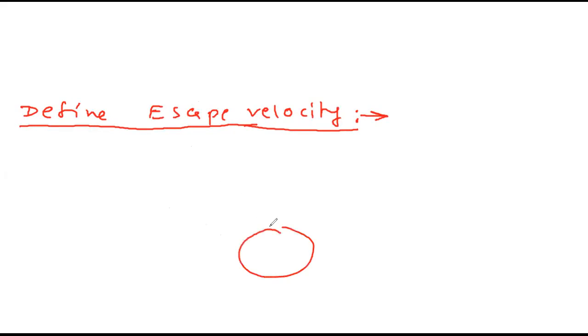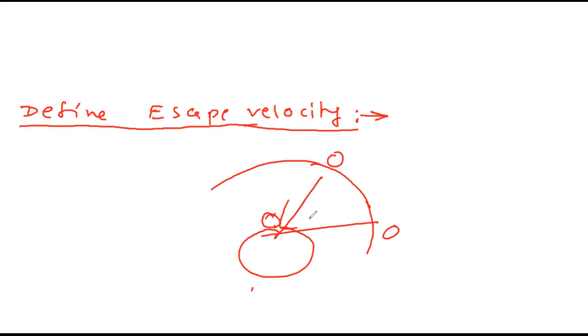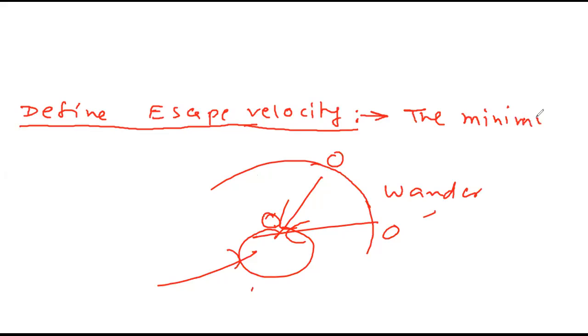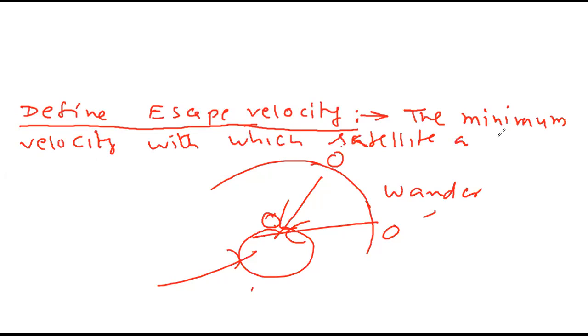So suppose this is a satellite on Earth's surface, if you give it velocity and it goes outside the gravitational influence from any side, that means it is not in the gravitational pull of the Earth and it is wandering in space, then we say that velocity is called escape velocity. So the minimum velocity, words are very important. The minimum velocity with which satellite at rest